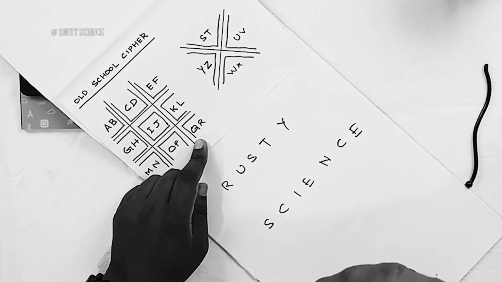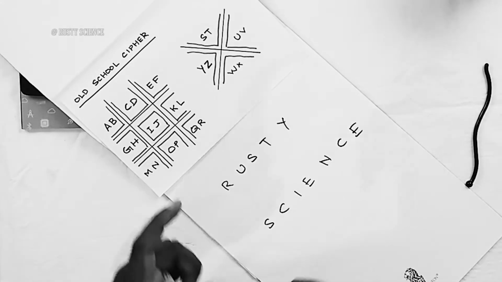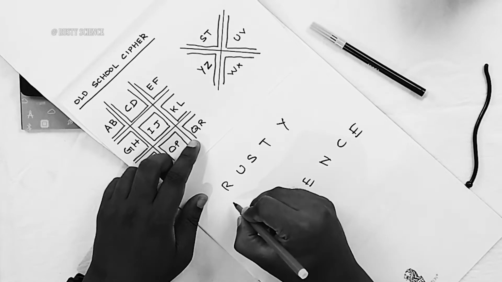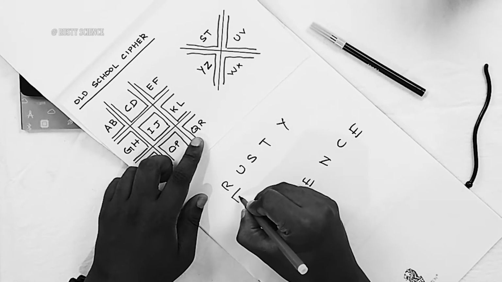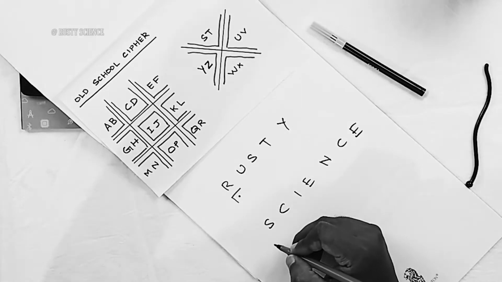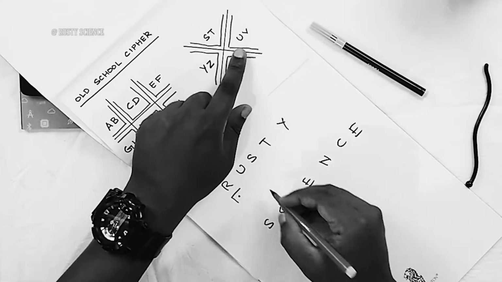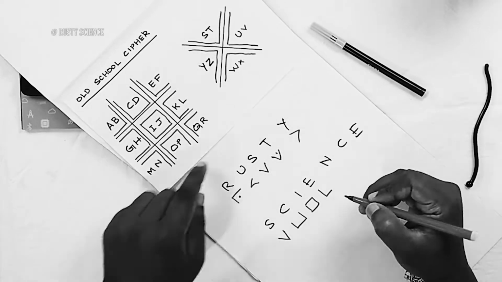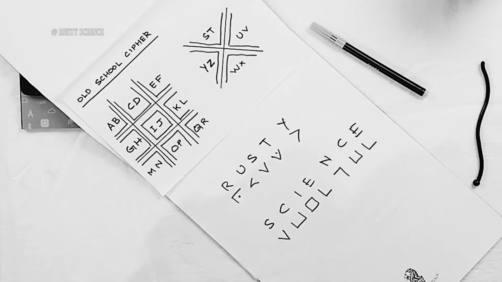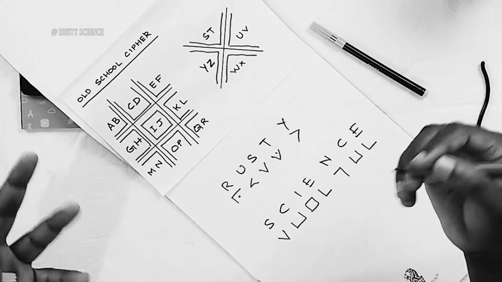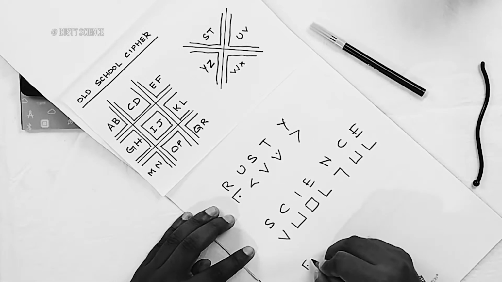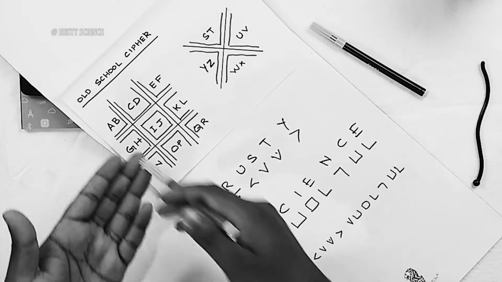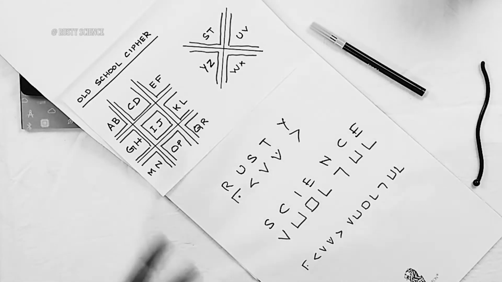R is here as the second character. You cannot put the symbol, but there is an easy way for it. I'll just write it in red, it will be easy for us to understand. This is Q. Then if I add a dot, that represents the second character. U, here it is. Instead of saying Rusty Signs, using our old school technique, we usually send it like this. So it's very easy, but only people who know this table can decipher it.